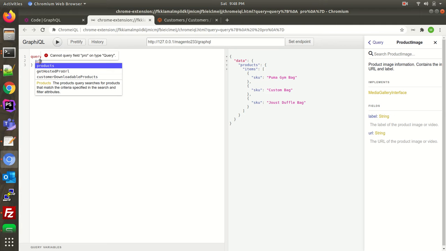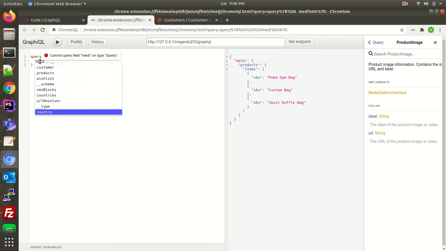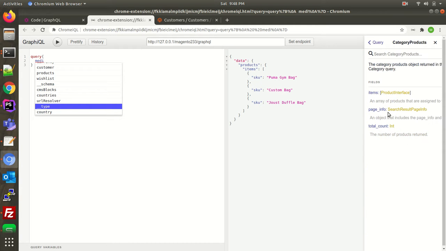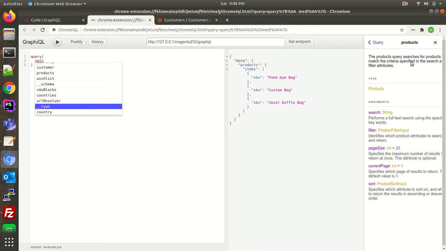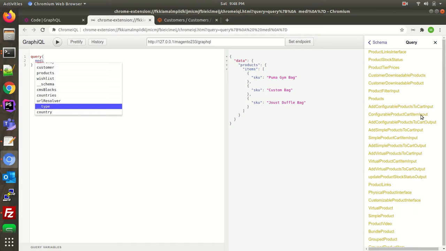Product, what is happening, where is it? Product, something is wrong. Just hold on, guys. Type is products. Okay, that was an interface, sorry.